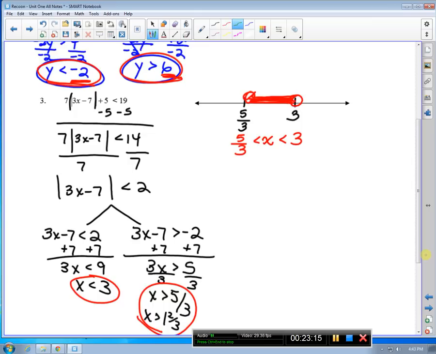Now I mentioned earlier we could check. You could check a value here, and it should not work. You can check a value here, and it should not work. Maybe over here you'd check 0. Maybe over here you'd check 10. And then you'd want to check a number between 1 2/3 and 3. Maybe you'd check the number 2. And if you do a check and you check the number 2,